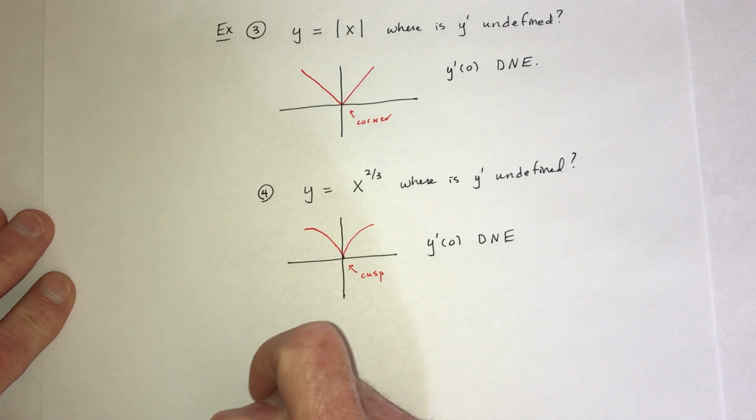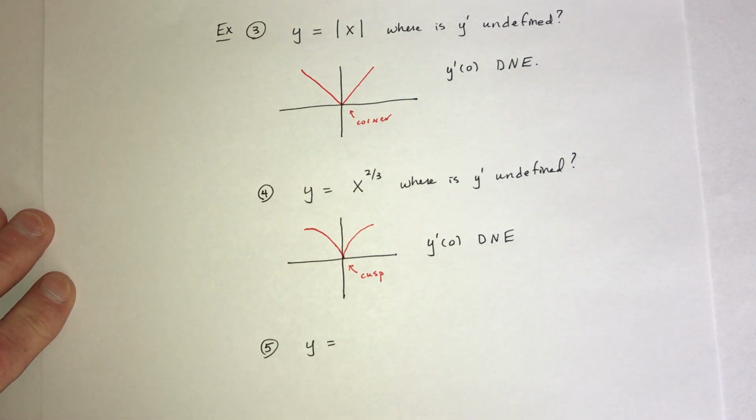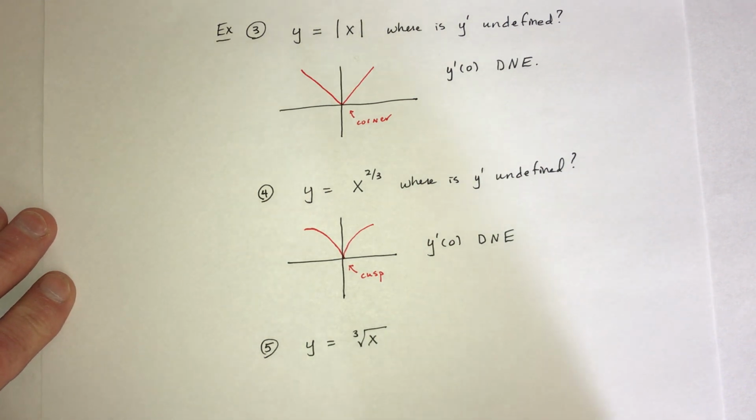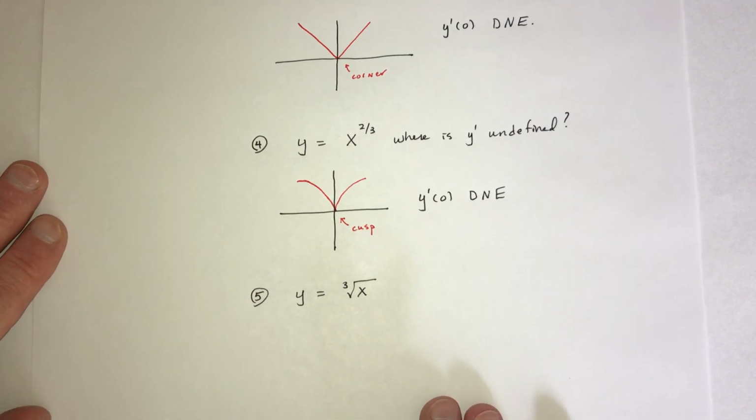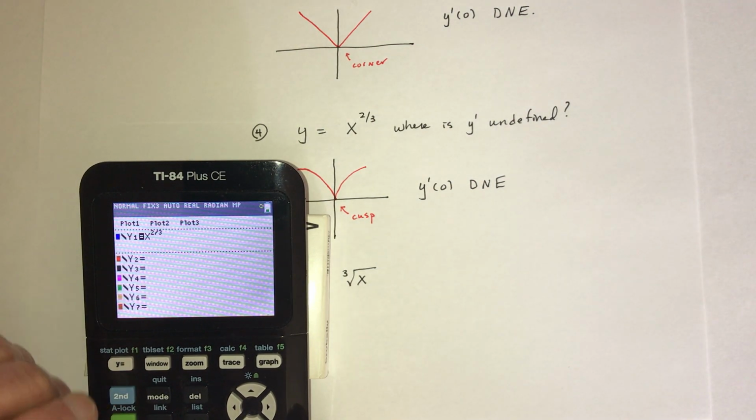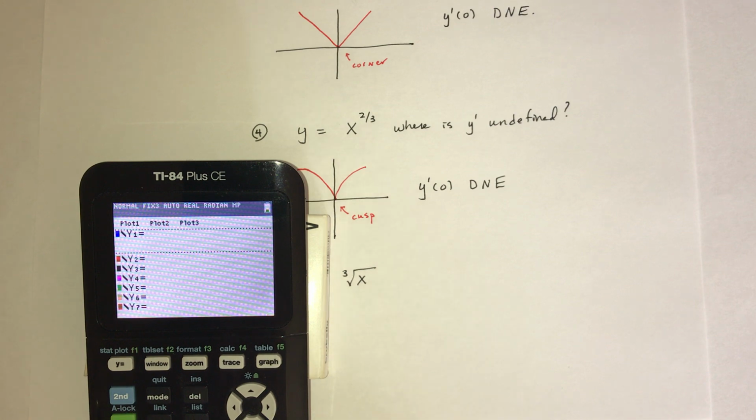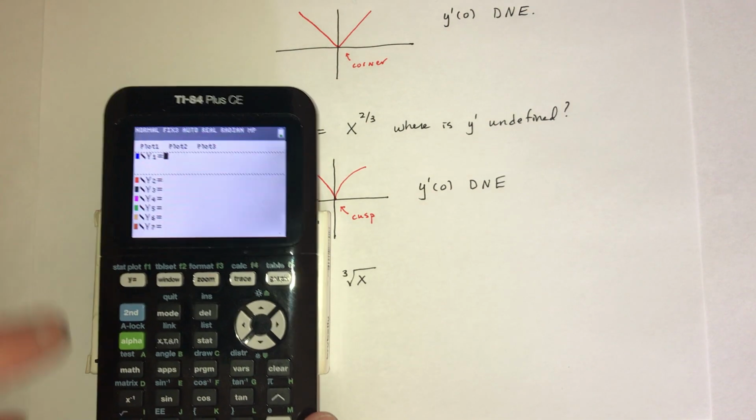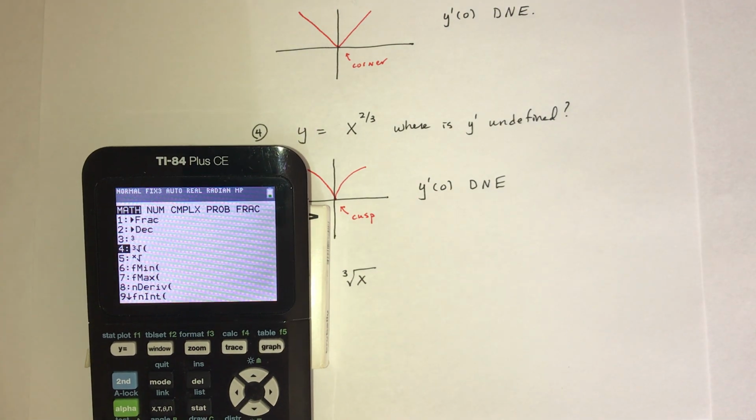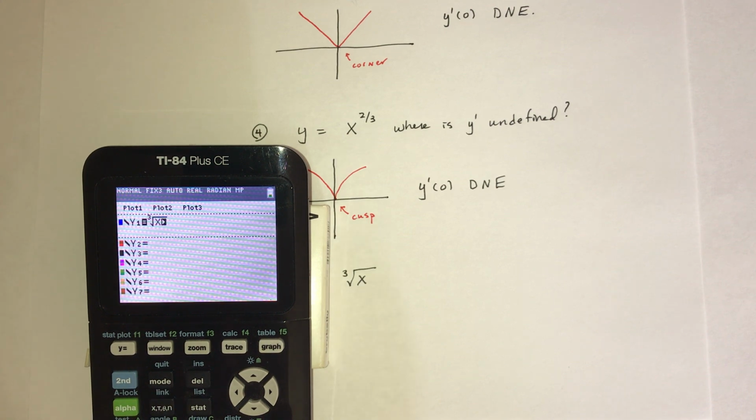And then for example number 5, how about y equals, what if we do the cube root of x? So is there any place where the derivative doesn't exist for that one? So y equals, and then I could write it as x raised to the 1/3. That'll be the cube root. Or I could go to math, and then the fourth one down is the cube root, and do the cube root of x, zoom standard,